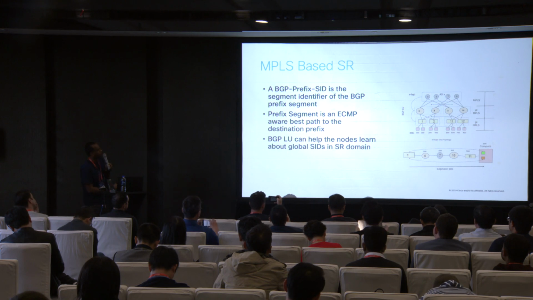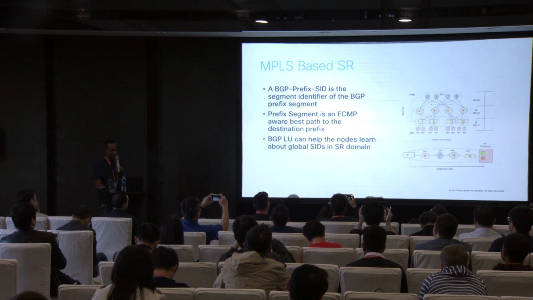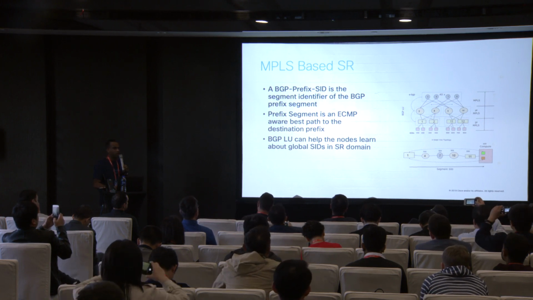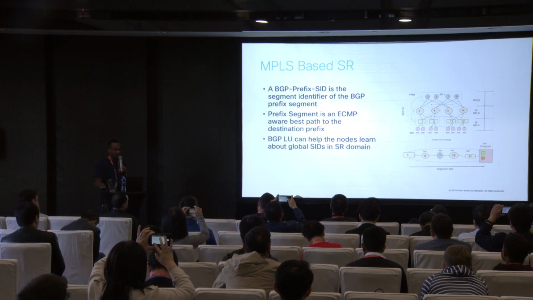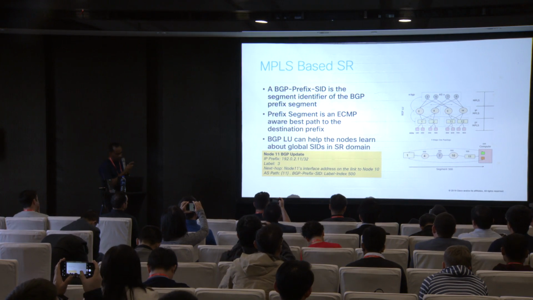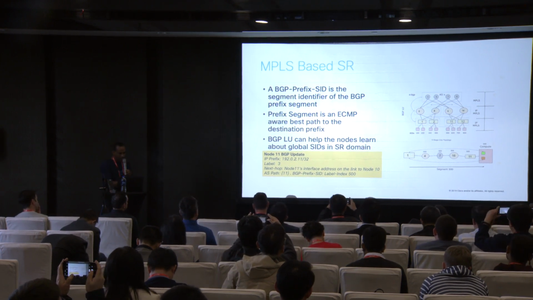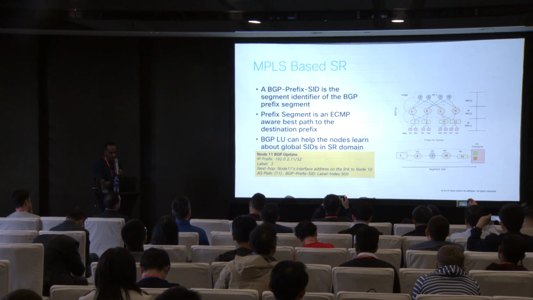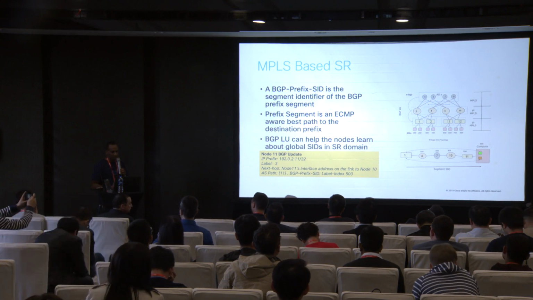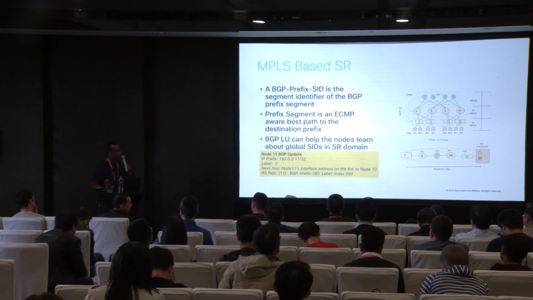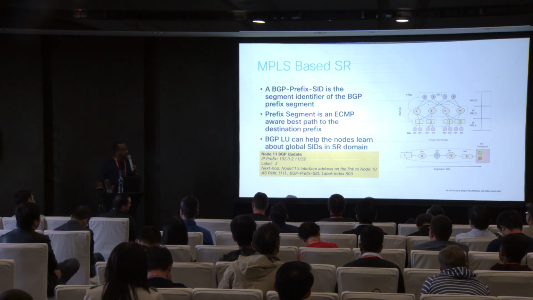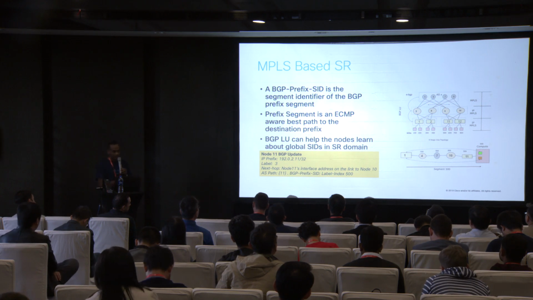So here, let's take a quick example of how BGP as a control plane can actually help with the SR data path. As you see, I've zoomed into that network to show you an example of how the packet is going to get to node 11 from node 1. The assumption here is you are running a BGP peer between each node in the Clos fabric, and it is going to advertise the